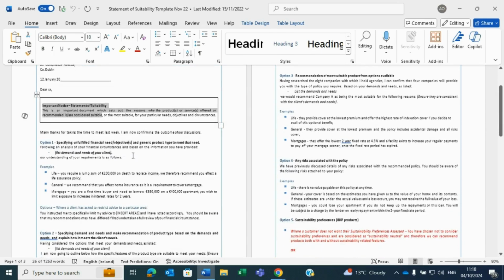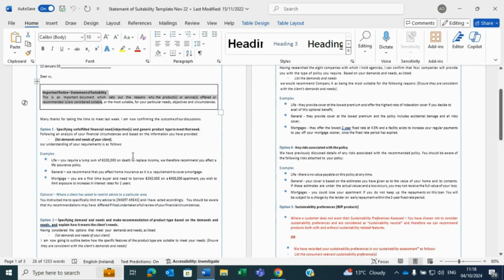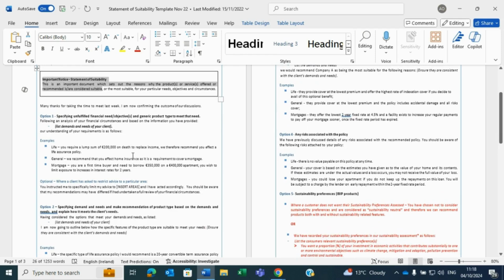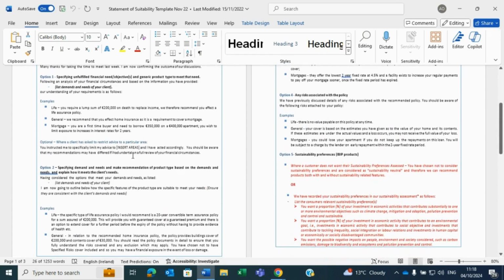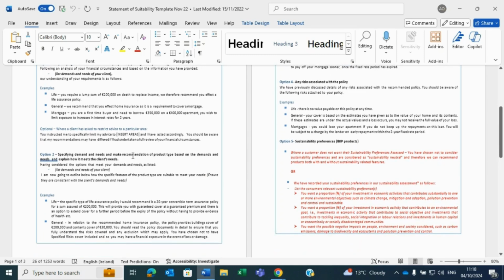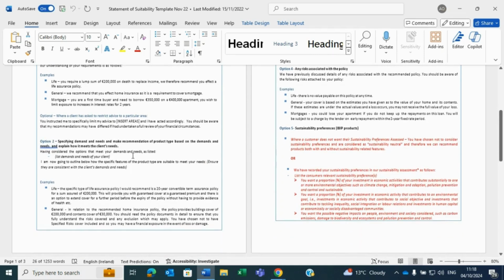The statement of suitability must reflect the information gathered under knowing the consumer provisions and reflect the consumer's needs and objectives, personal circumstances, and financial situation. It must also include an outline of the following where relevant: how the risk profile of the product is aligned with the consumer's attitude to risk, and how the nature, extent, and limitations of any guarantee attached to the product is aligned with the consumer's attitude to risk.